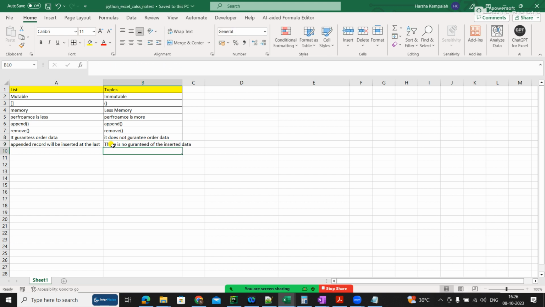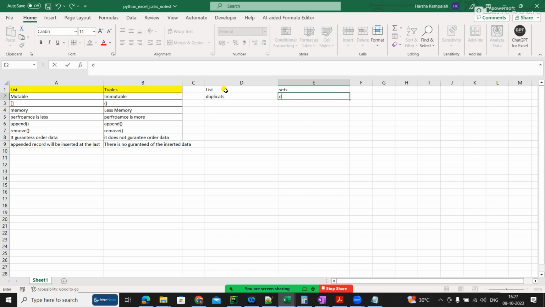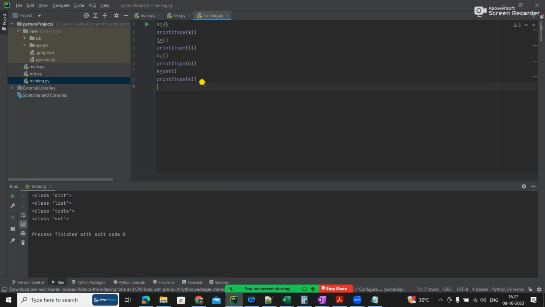Okay, with this again, I gave list and tuples, now list and set. If I give you some points, some are already given. Duplicates allowed, I've given you that single one, but sometimes they ask you these differences. Duplicates not allowed. I think duplicates are not allowed in sets. One second, we will see here.